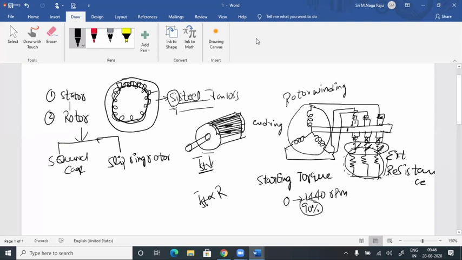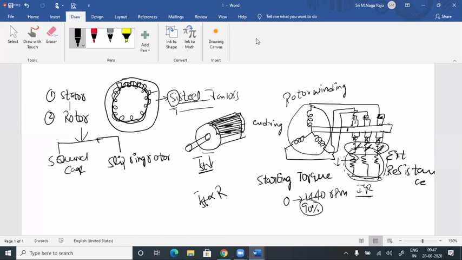Now, even though we have the advantage of starting torque, we also have disadvantages. And one more advantage of this slip ring rotor is we can control the rotor speed by controlling the rotor currents. How? We can connect this external resistance. If you increase this external resistance, rotor current will decrease. So we can control the rotor current so that the rotor speed can be controlled. So speed control is possible. Starting torque is more. When coming to disadvantages, the main drawback is it has more heat losses because we are adding the external resistance. I square R losses will be more.